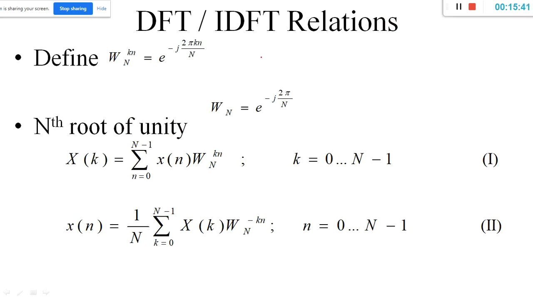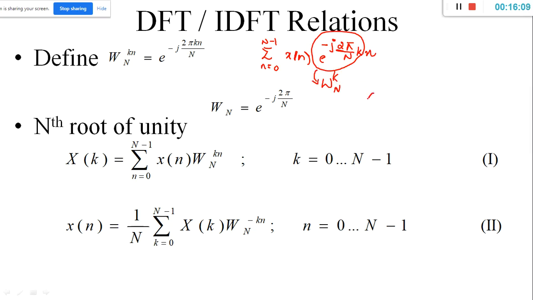So here in this equation, let me write this equation. Summation n runs from 0 to N minus 1 x of n e to the power of minus j 2 pi by N k n. Now this is the equation. We try to write this entire term and we try to replace this with W_N to the power of k. Okay. So what happens with my equation? What happens to the final equation?